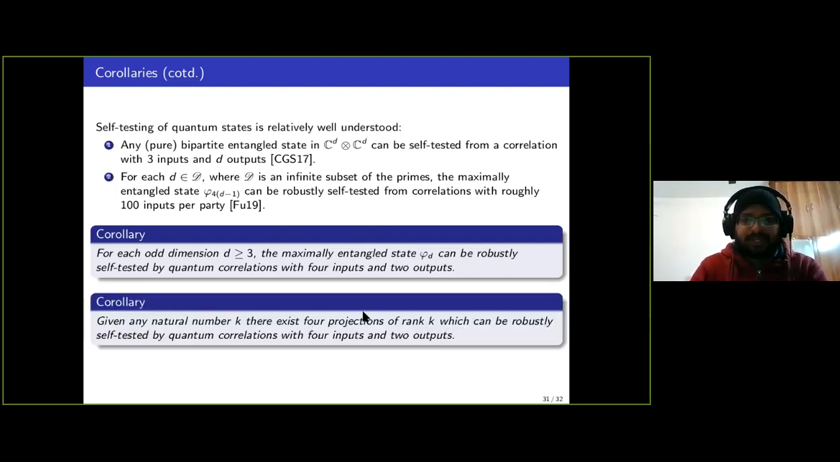And also we see that the 4 projections that we saw in the corollary just before are of rank K. This K is unbounded, so we can also robustly self-test these projections of unbounded rank with just 4 inputs and 2 outputs. So one of the hopes from our work is that